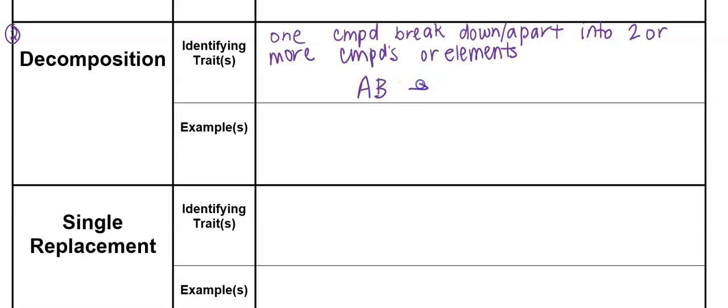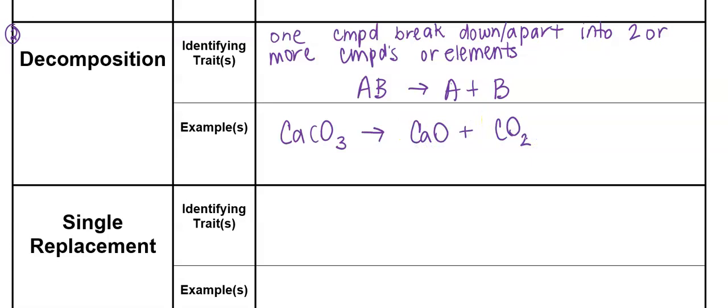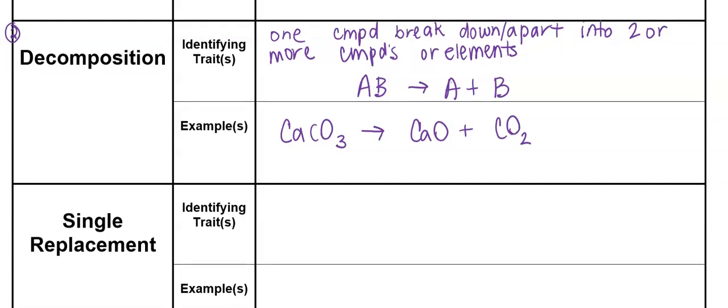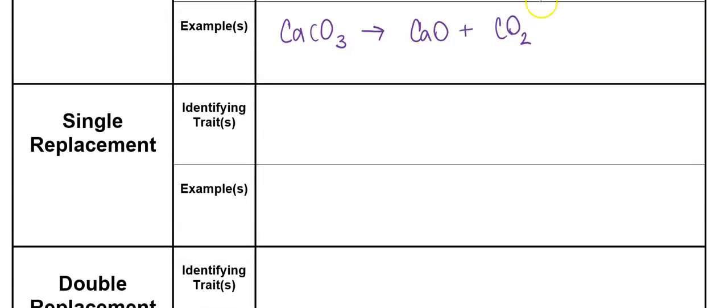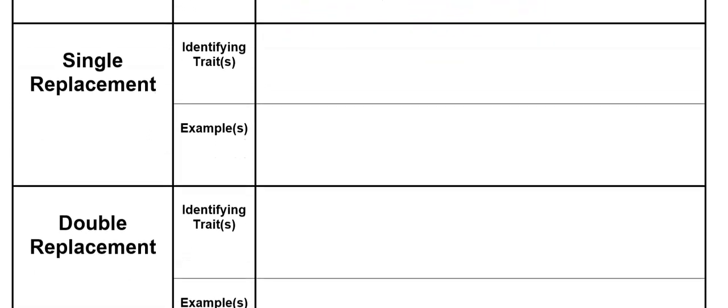If I have a large molecule or compound, it breaks down, decomposes into 2 separate elements or small compounds and an element. I'll give an example chemically. So this CaCO3 would break down into calcium oxide and carbon dioxide. Decomposition is one that you will be able to identify and balance. However, my expectation is that unless we're in lab or you're visually seeing this happen, you would have a very difficult time predicting the products of a decomposition. So I will focus on